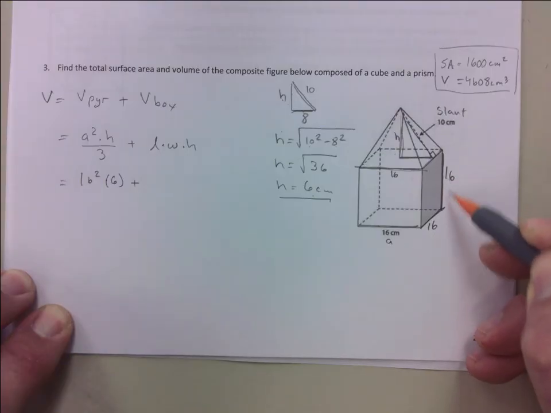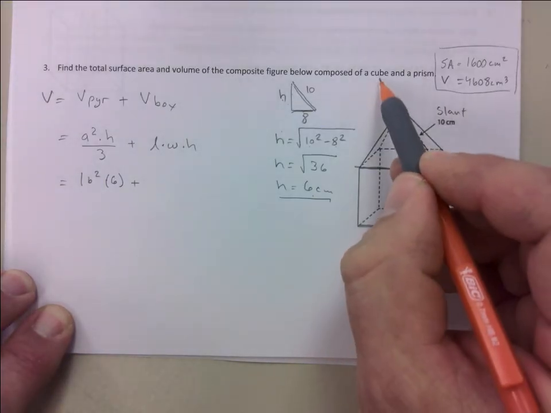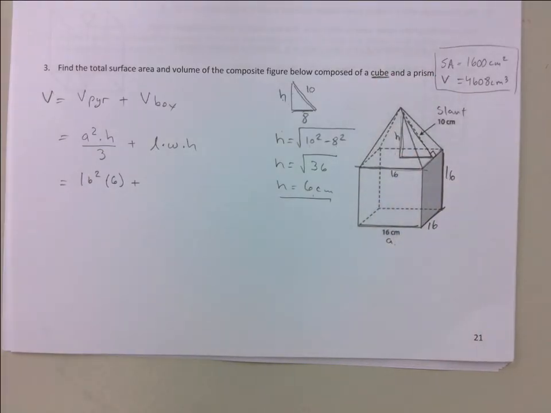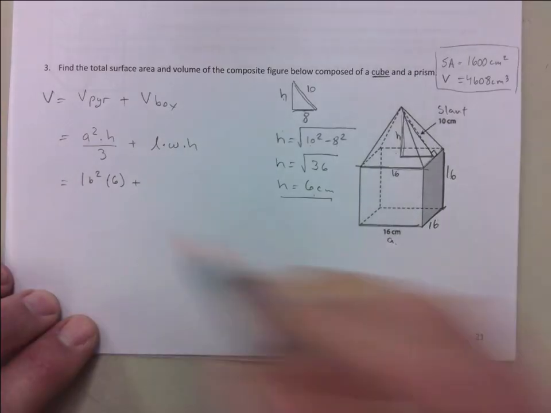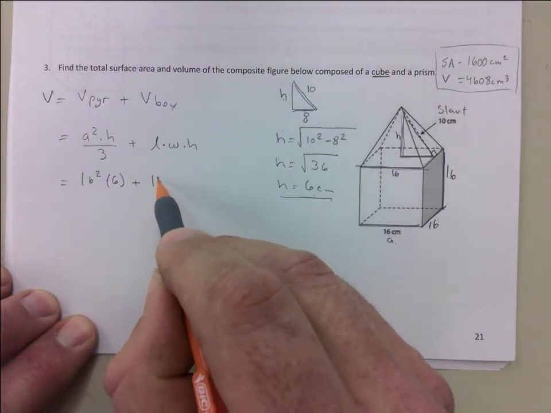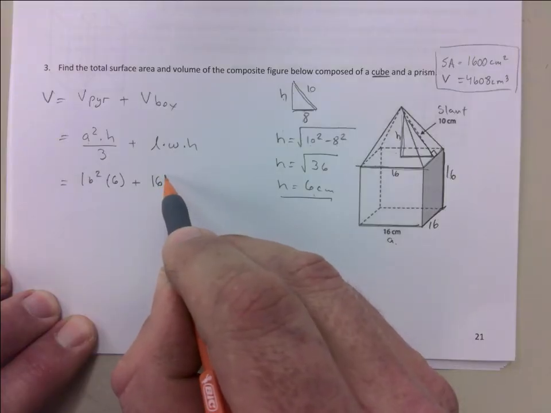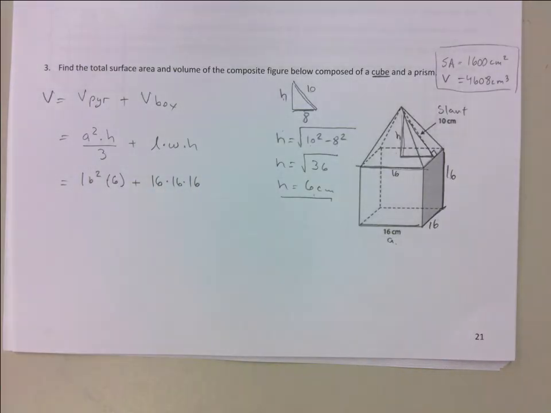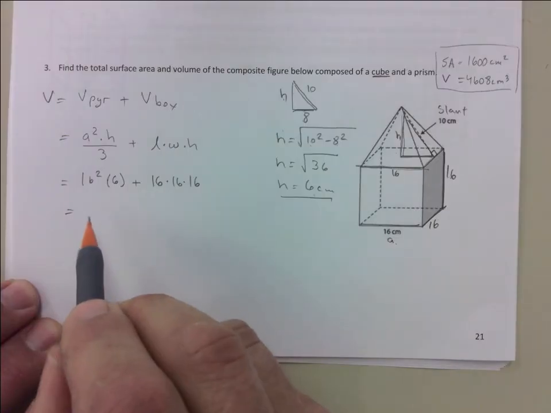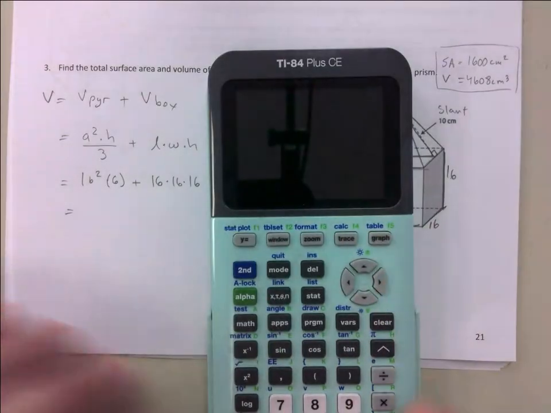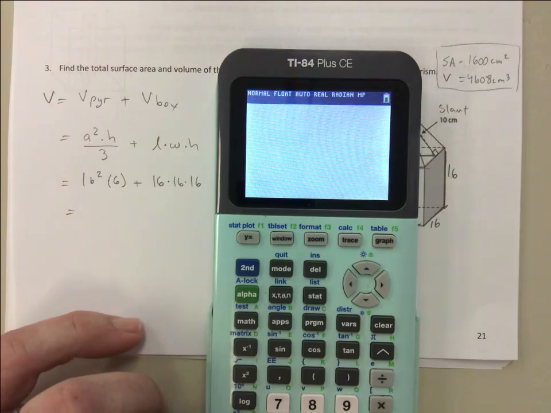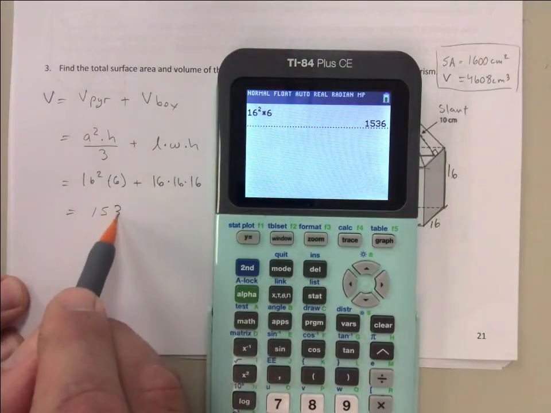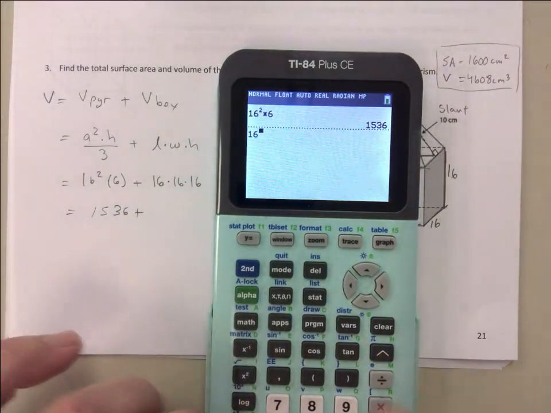This is also 16. How do I know everything is 16? Because of this word cube. A cube is a rectangular box where all sides measure the same. All dimensions are the same. So I can actually just go 16 to the power of 3, correct? Because it's 16 times 16 times 16. That's 16 to the power of 3. Lots of 16s, right? So 16 squared times 6, that's 1536. Plus 16 to the power of 3, that's